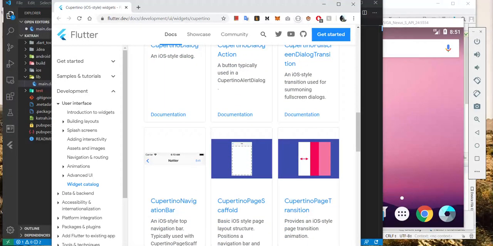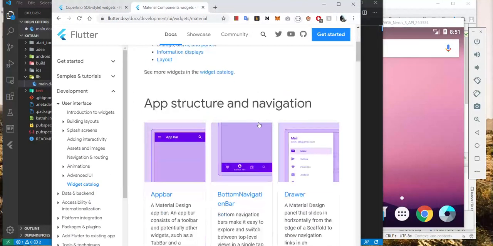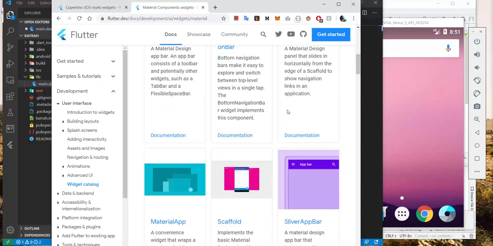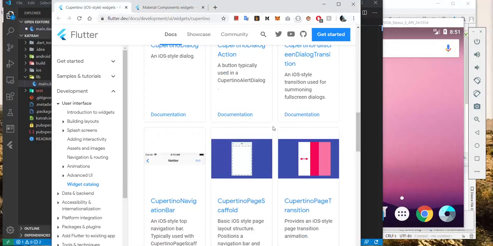And then you have the material components, which have a sharper look. They have this sharp feel, something like Android. This is the header. Notice the difference